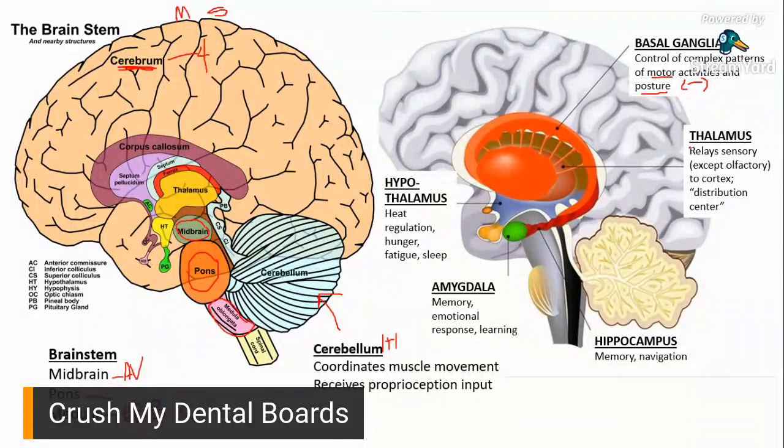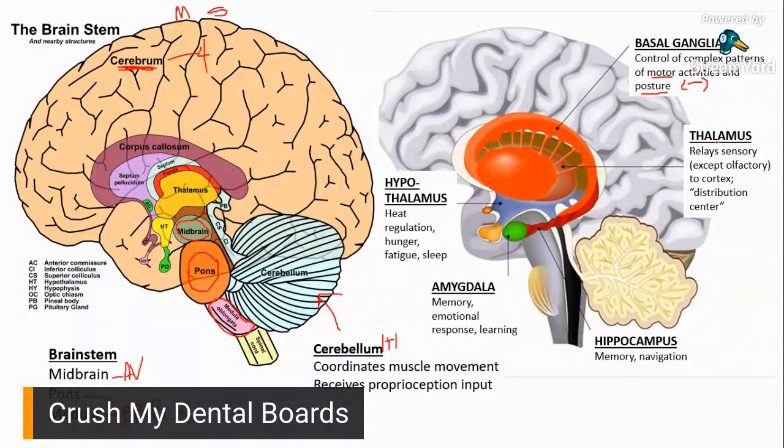here you'll see your thalamus and your hypothalamus. Just as an added info, the thalamus and the hypothalamus are actually part of your diencephalon. Okay? I think the cerebrum is your telencephalon. And then your thalamus and your hypothalamus, it's diencephalon. Okay? Portion of the diencephalon. All right, now let's go to thalamus.